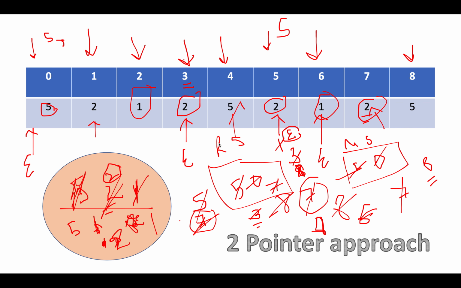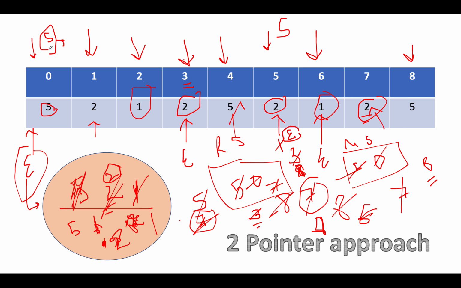In this way, you will continue the process till the time the ending pointer doesn't reach the terminal length. And there are a few takeaways from this exercise. The first one is, whenever you are increasing the ending pointer, you will update the running sum variable with the current value. And as soon as you update the running sum variable, you will compare it with the previously existing max value. Along with this, you will add that element into the set. Whenever you are incrementing the start pointer, you will reduce the running sum value, you will remove that element from the set, and you will continue the process.